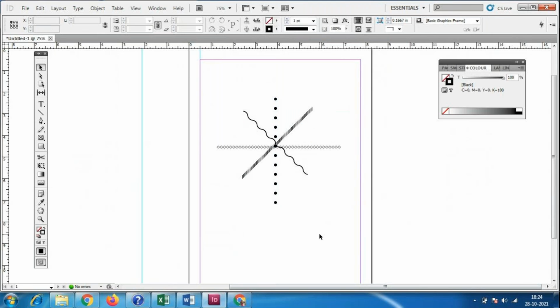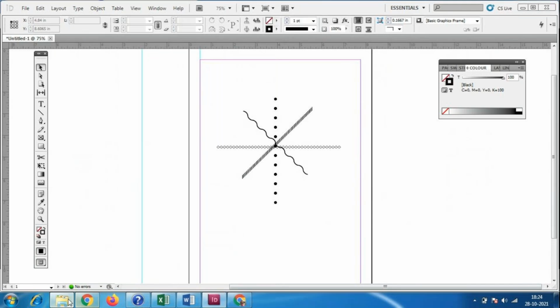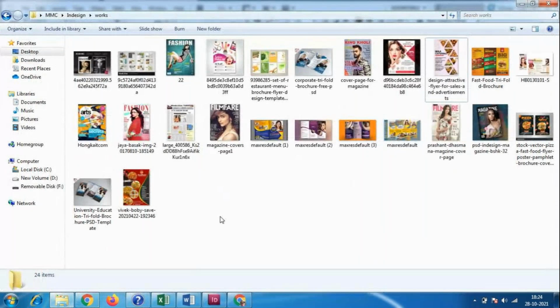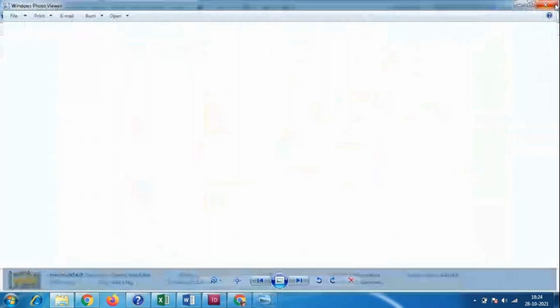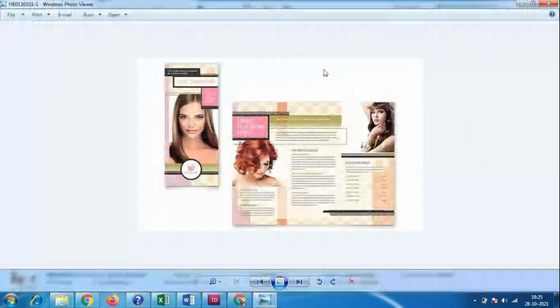Using this, we can make an underline or use it in poster designs. I have seen some designs where the underline is made this way.